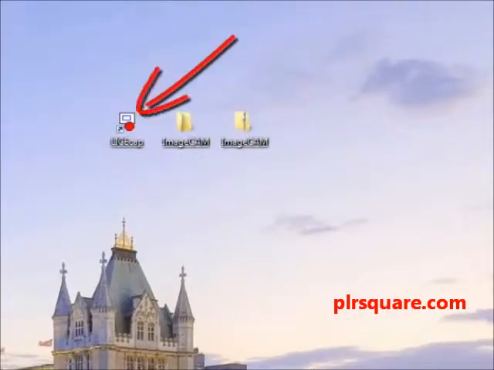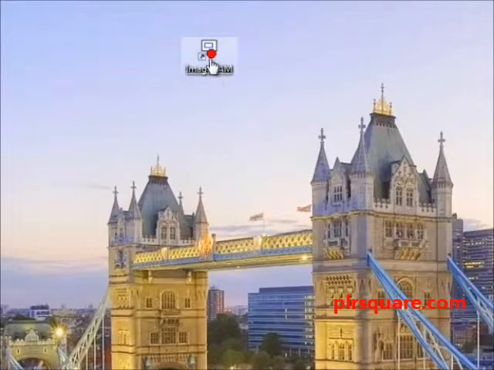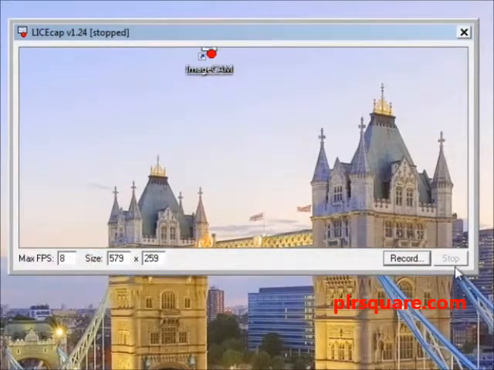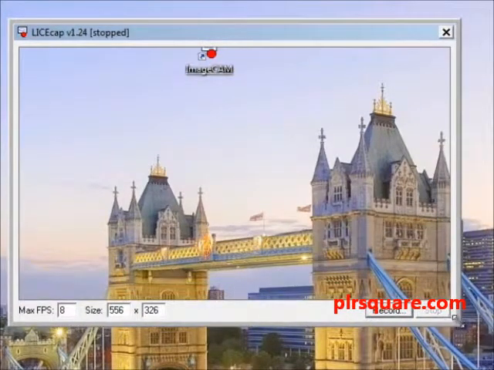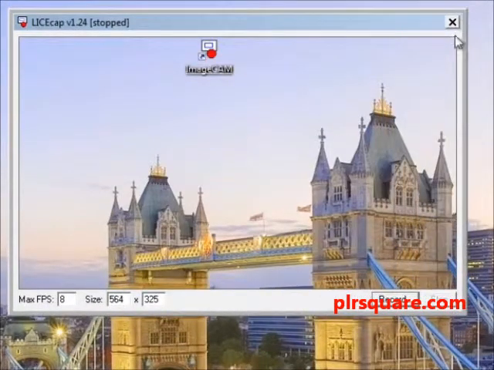Once installed, you'll have a red and white icon like this on your desktop. Simply click on this to start running ImageCam. To start using ImageCam, simply click on the ImageCam icon. Once it opens, you can resize the recording area simply by dragging and dropping from any corner, or use the